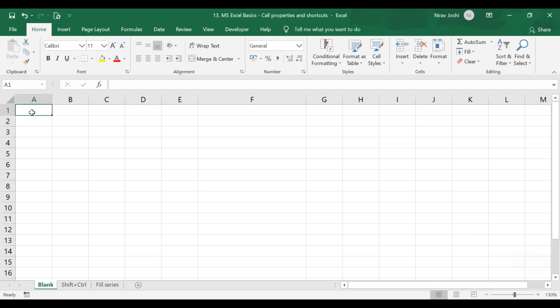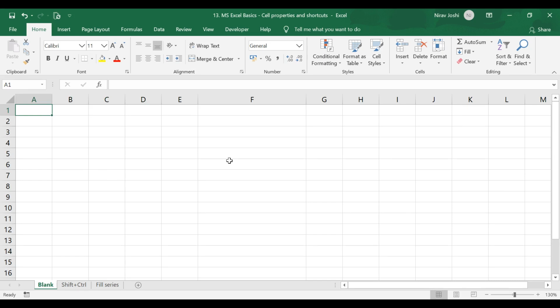Another way to shift to the right cell is by the Tab button. So it will just go towards the right side. If you want to go to the left side, you can press Shift along with Tab, so it will go towards the left side. But routinely the arrow keys would be much more useful than the Tab and Shift Tab buttons.